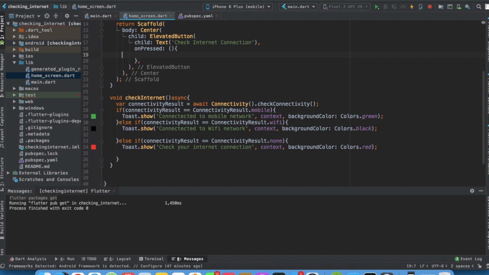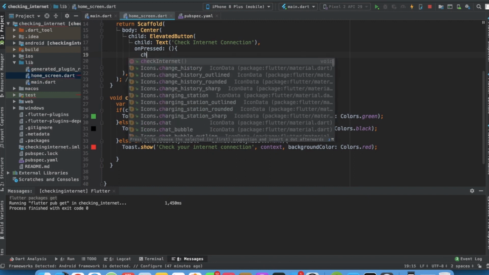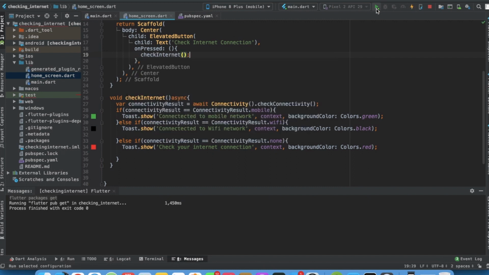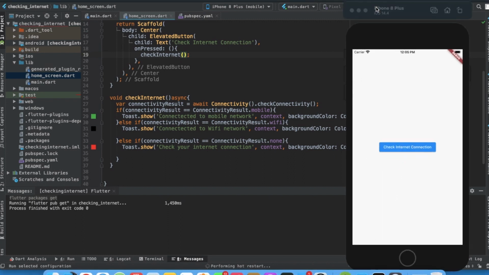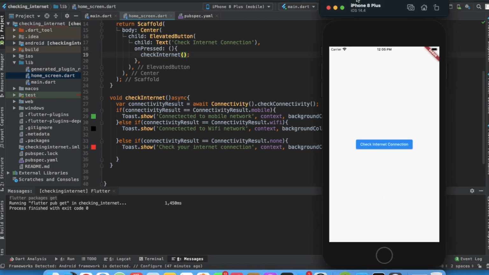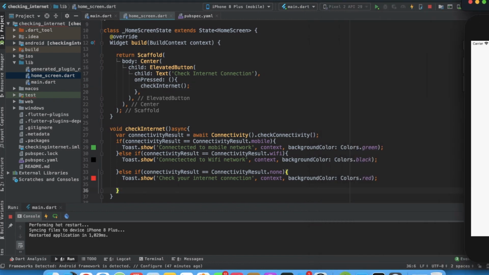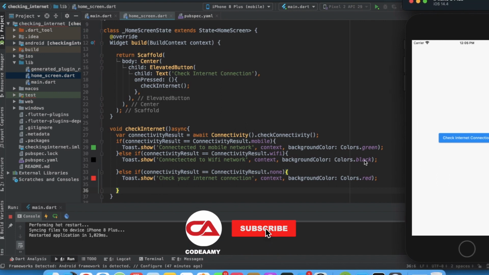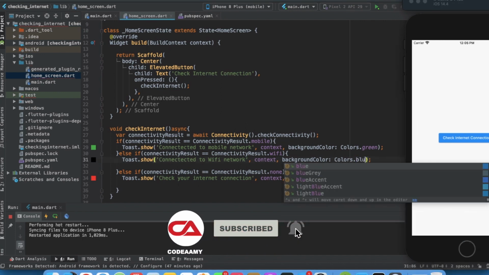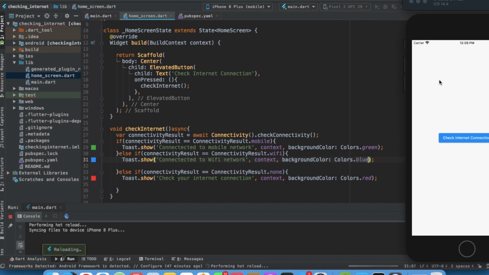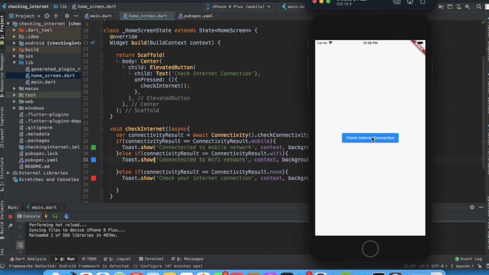So over here, checkInternet. I'll just play it from the start. Okay, restarted application. I'll hit the function: connected to Wi-Fi network. This should be blue. Command S. Connected to Wi-Fi network.